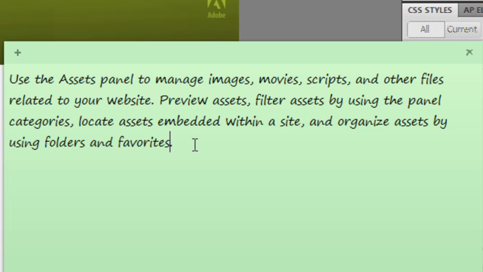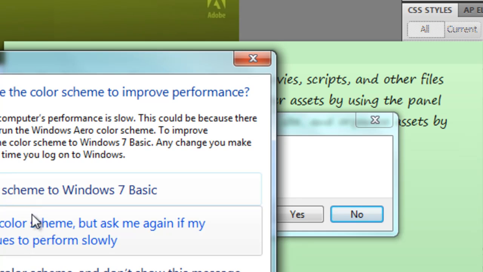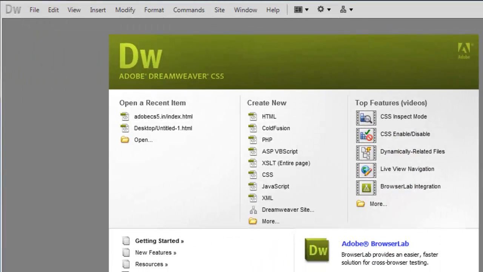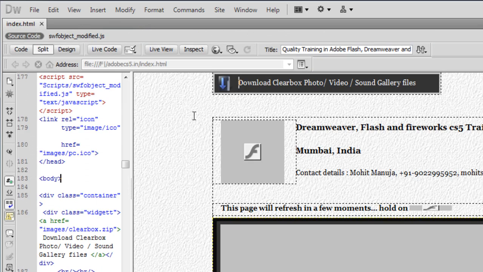Let's do one thing. Let's start using it. We'll get a much better idea. So let's get started now. I'm going to delete this note, and I'll be opening up one of my websites, which is adobecs5.in, and I'll show you the assets panel which is associated with my website. Okay guys, so I've actually opened up the index.html page of my website adobecs5.in,